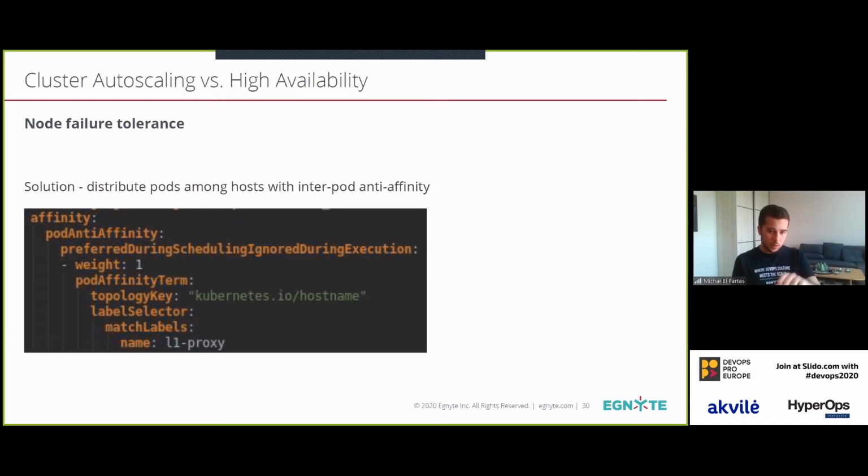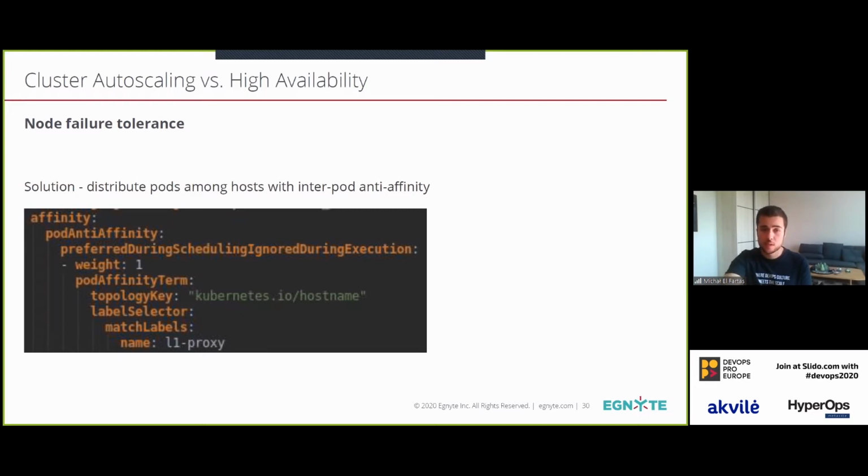The same type of convention can be used to spread application between multiple failure zones in DC. And also in this case, we're using preferred during scheduling in execution, which is a soft type of requirement, different from required scheduling. It's up to you to decide whether you want to use soft requirements or hard requirements. You can also specify weights between different